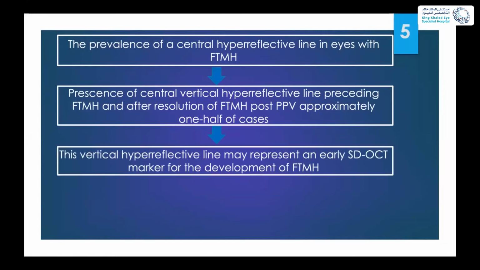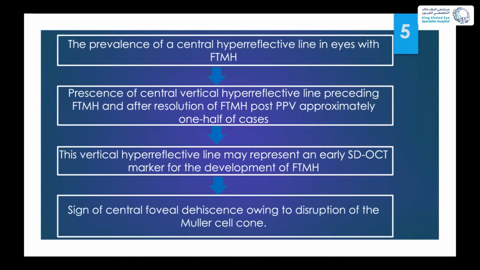And they concluded that this vertical hyperreflective line might represent an early spectral domain OCT marker for the development of full thickness macular hole. And this could be a sign of central foveal dehiscence owing to disruption of Muller cell